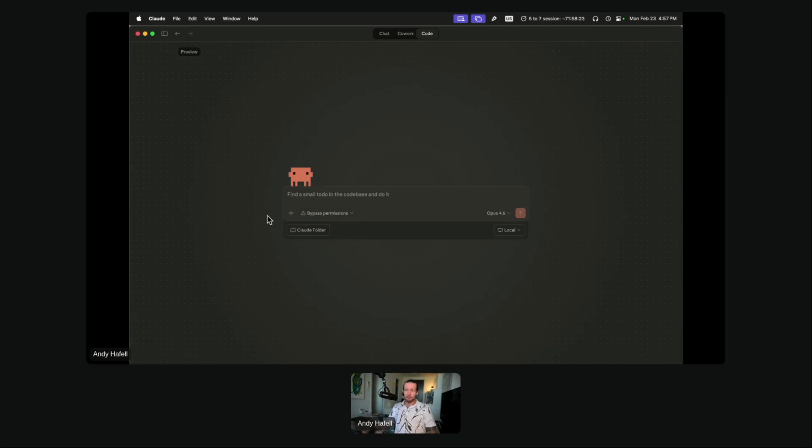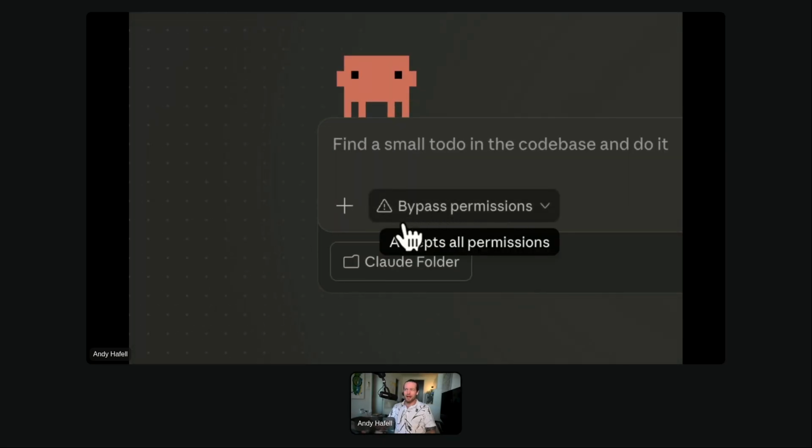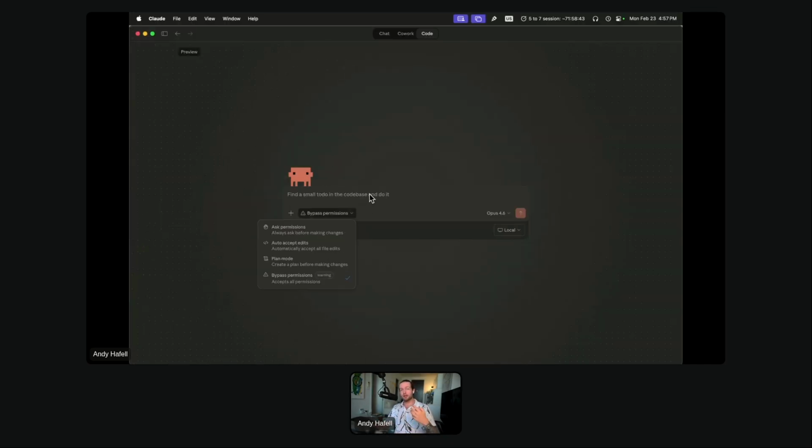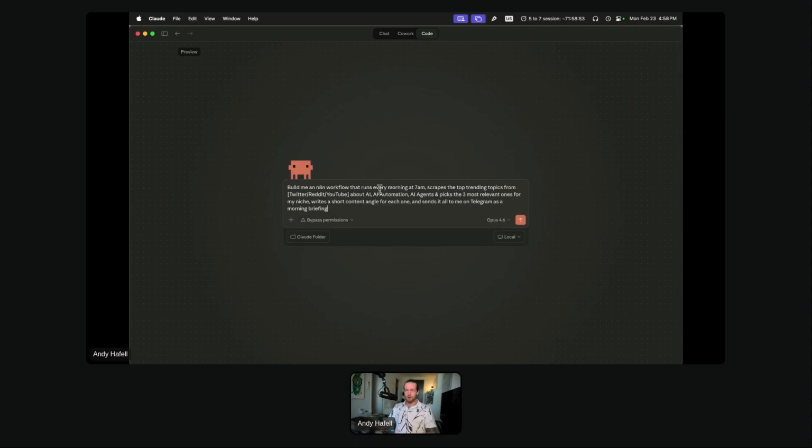Next, to get the most out of it, you need to get to the bypass permissions stage. This is where Claude Code is not going to ask you, hey, should I do this or not, when it comes to allowing stuff, like should I run this terminal command? You don't have to say yes or no on every single one of them. Most of them are yes, but it is going to come back to you when it comes to creative stuff, like, hey, what do you think about this, or what do you think about this? It's actually going to come back to you and ask for answers. And so let's pop this one in.